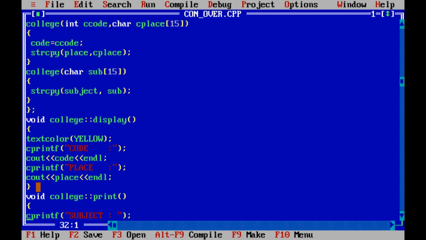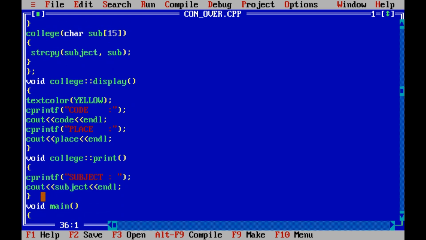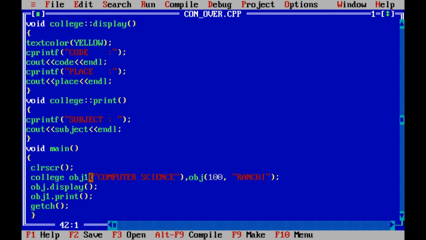Inside the body of display we are displaying the values for the constructor with two parameters, and in the print function we have kept the value to be printed for the constructor with one parameter. Okay, so this is how we have placed it.